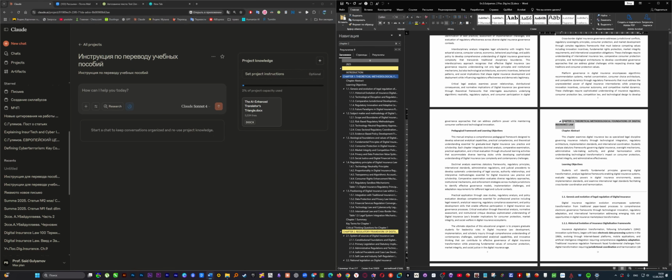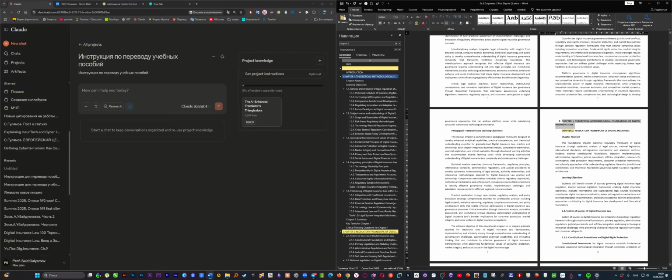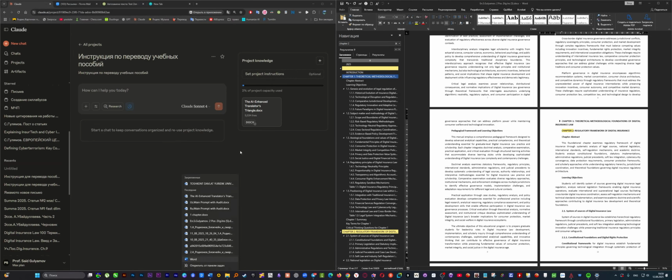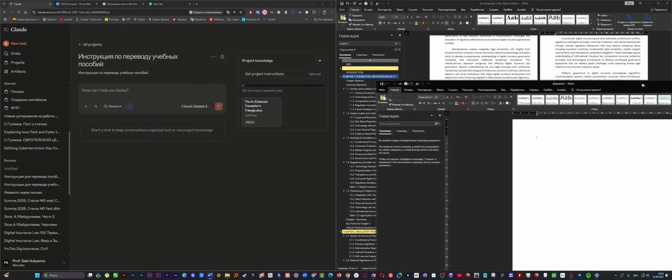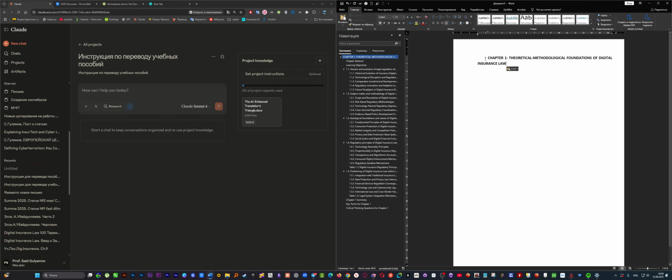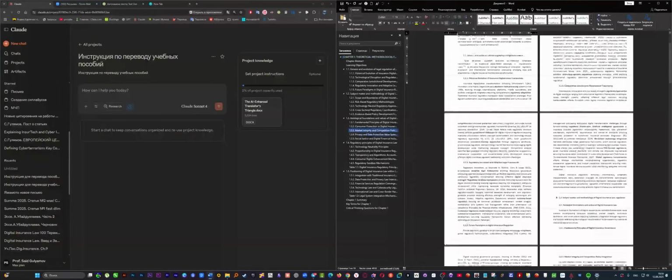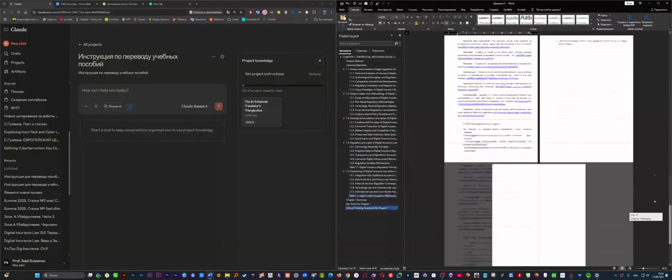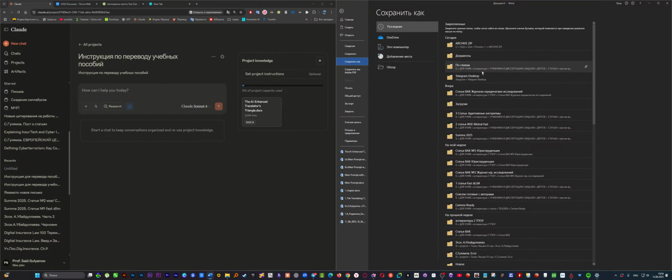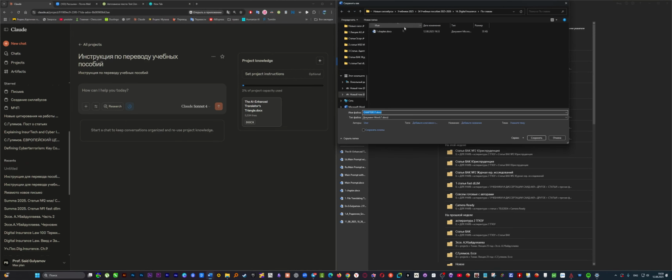We should select our chapter's full text, open a new document and paste the whole chapter into the new file. Then we should save our chapter